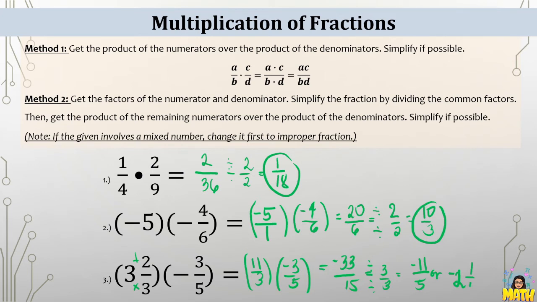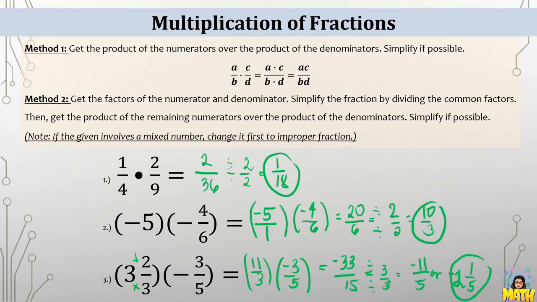and 1/5. So as you notice, ginamit muna natin yung method 1 pero yung method 2 ay magagamit natin especially kapag masyadong matataas yung given integers. So here, ginamit muna natin yung method 1 wherein we multiply the numerator by numerator over denominator times denominator. Pero method 2 can be used kapag may mga common factors